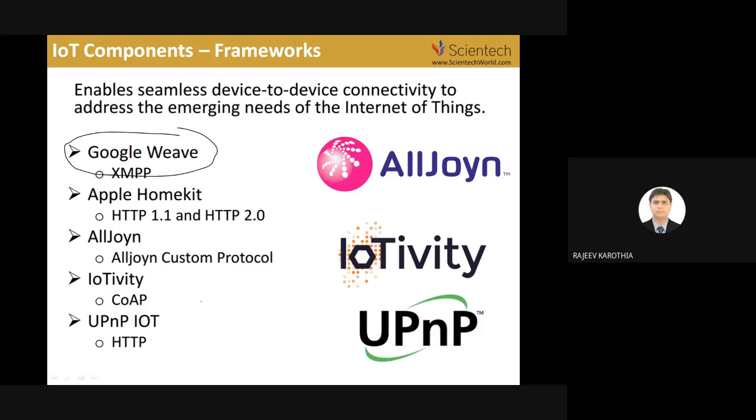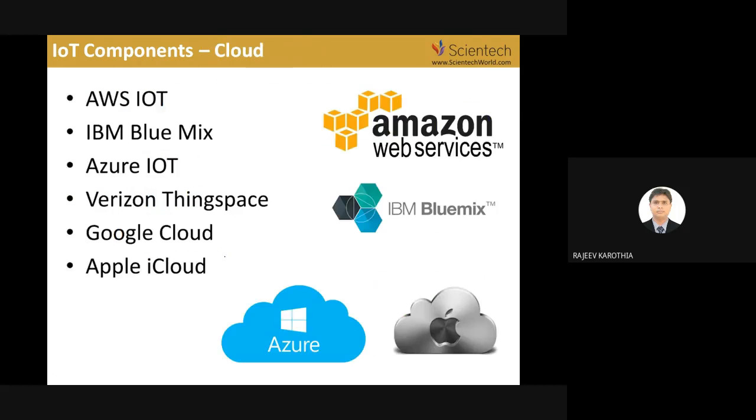So whenever you design any application which uploads your data to the cloud, you should have a little bit of knowledge about these frameworks. That is just for information. And then the cloud is again important, because after making your sensor node which communicates through different physical or application layers, you have to store your data in the cloud. So Amazon Web Services, AWS is popular, Azure is popular, IBM Bluemix is there, Google Cloud. There are a lot of clouds available. I have put a few popular names. So you should have some knowledge about these clouds as well.